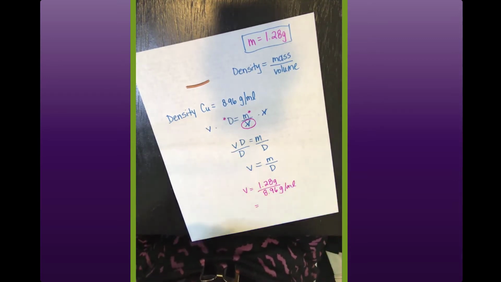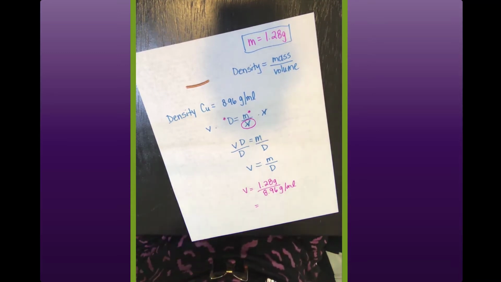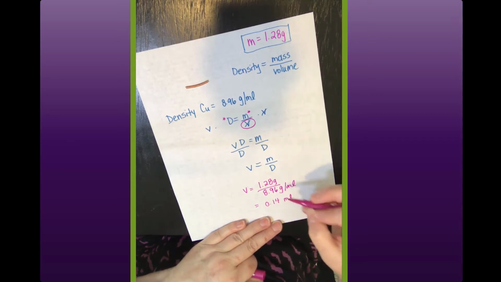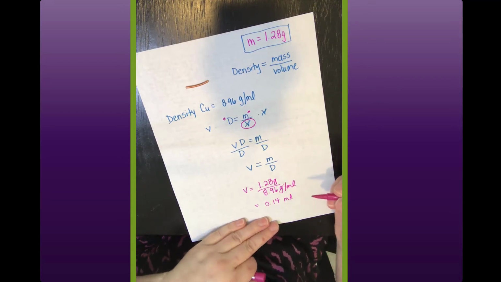And if we do the math, we get 1.28 divided by 8.96 is equal to 0.14 milliliters. The grams cancel out, and everybody knows that the denominator of a denominator ends up in the numerator,